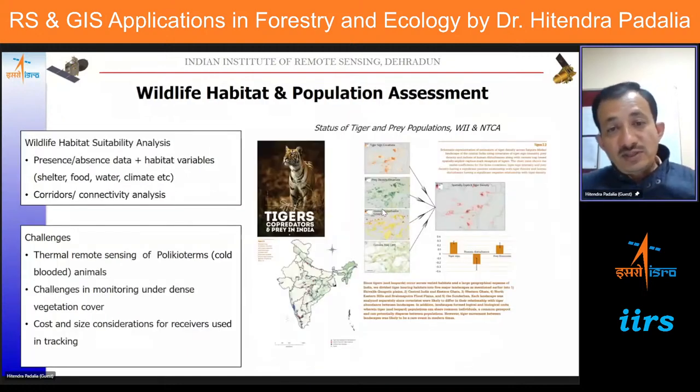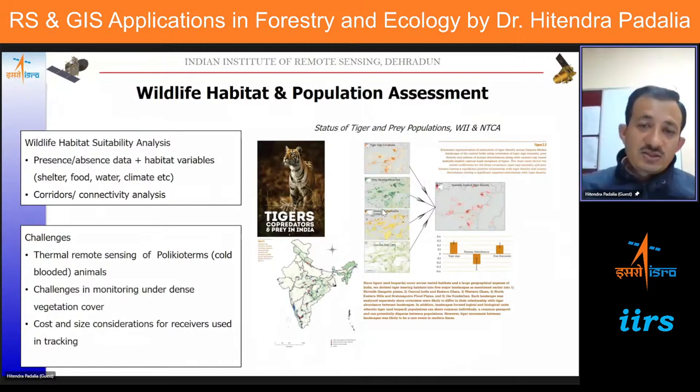And then a lot of GIS is being used nowadays, particularly in national level assessment. WII, the Wildlife Institute of India, has been using GIS techniques and statistical techniques particularly for the tiger census. In this they are using both the tiger and its prey data as well as the human disturbance data and the camera traps which they have installed across the different tiger conservation areas, and then they have been able to generate spatially explicit tiger density estimates.